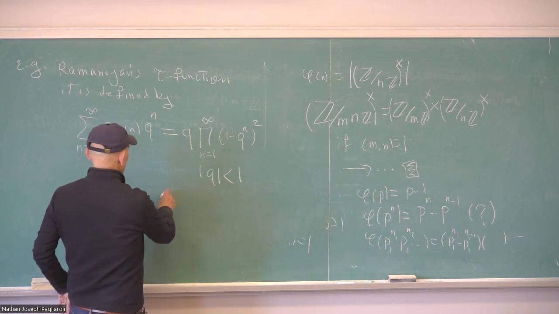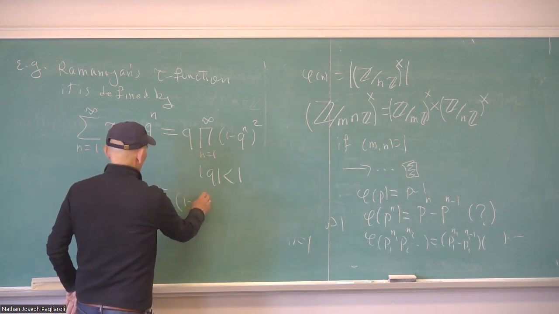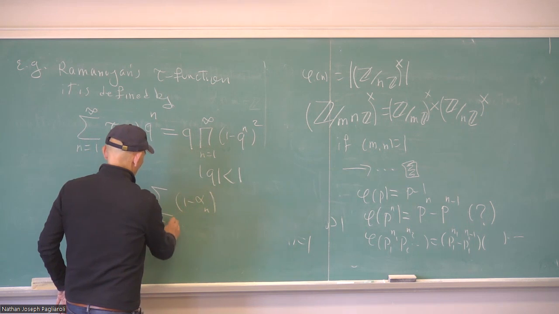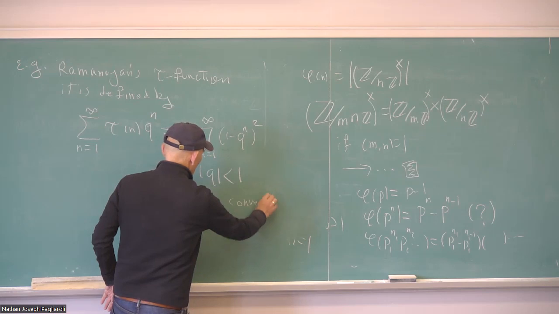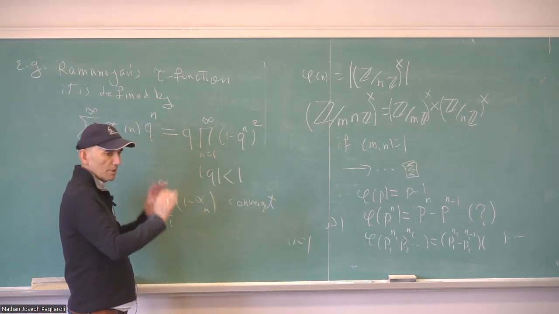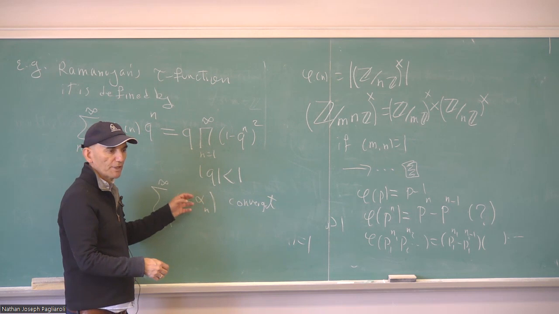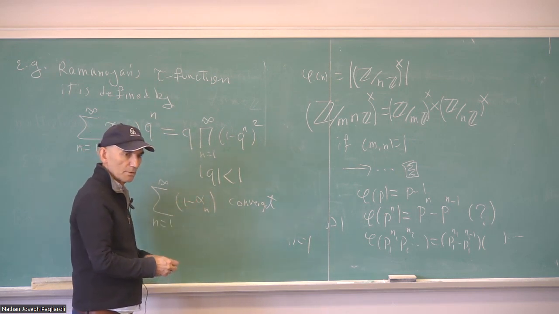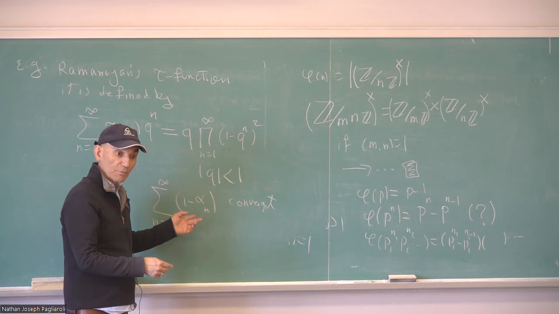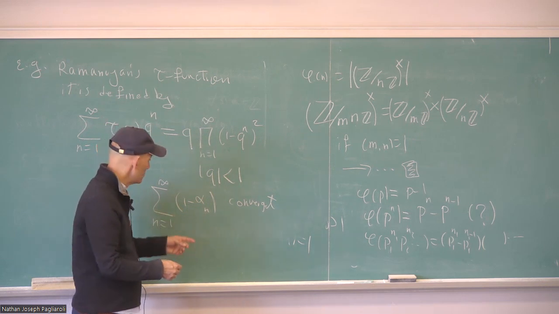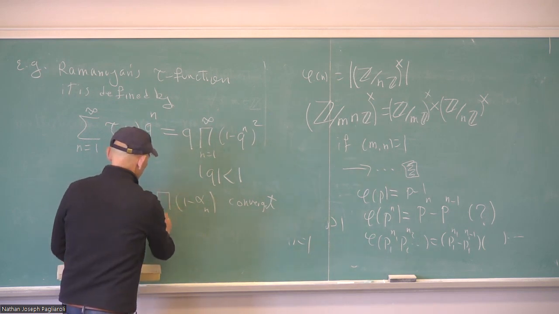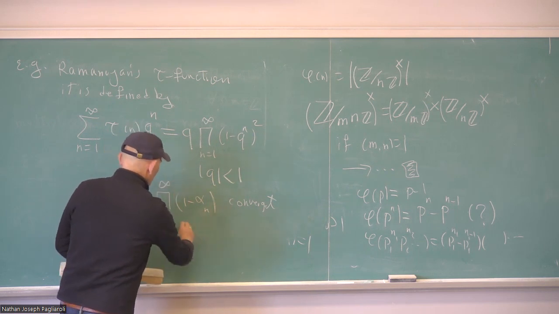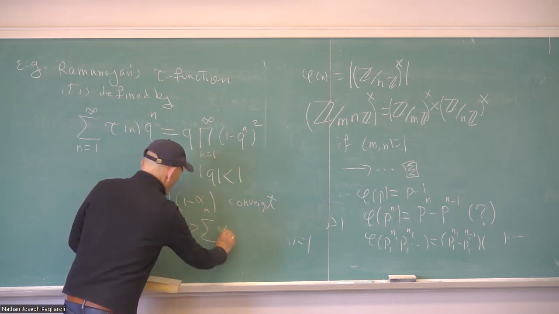The final result is that the product of (1 - alpha_n), imagine these are less than or equal to 1 in absolute value, so they're never equal to 1, n from 1 to infinity, is convergent if and only if the sum of alpha_n